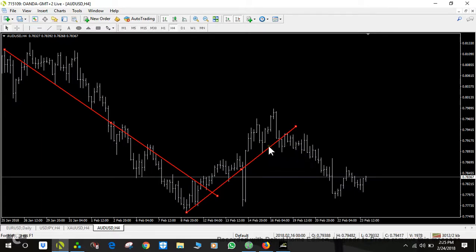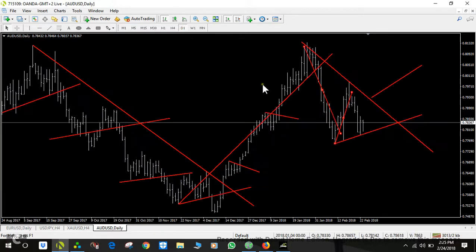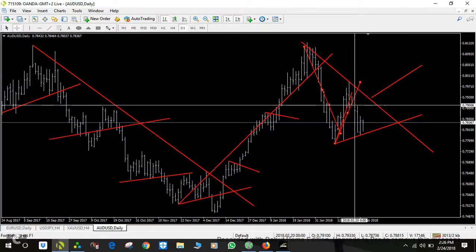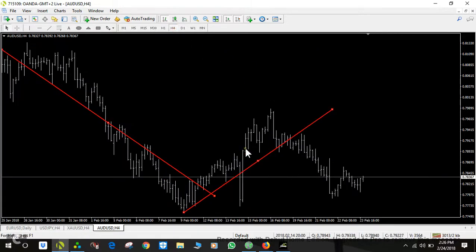And if we have a look at this on the daily as well, that's this one here. Now on the daily, if you've taken this line, it's very steep, but like I said, you can confer with the 4 hour and just see what's happening. We would have brought this across to here, or should I say there, and we would have been in here. So we would have been in at about 78.94 on the 4 hour. Because I moved it, you can see how close it got here. We would have been in here